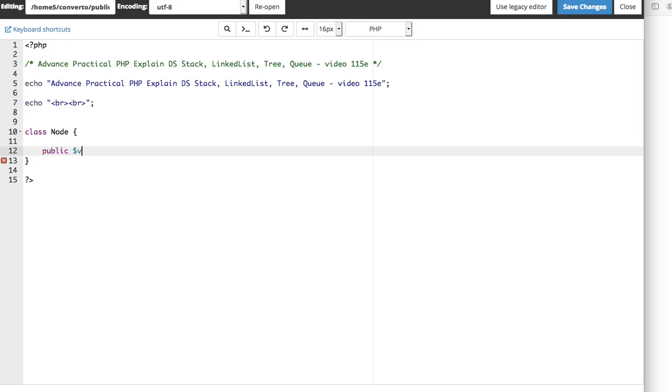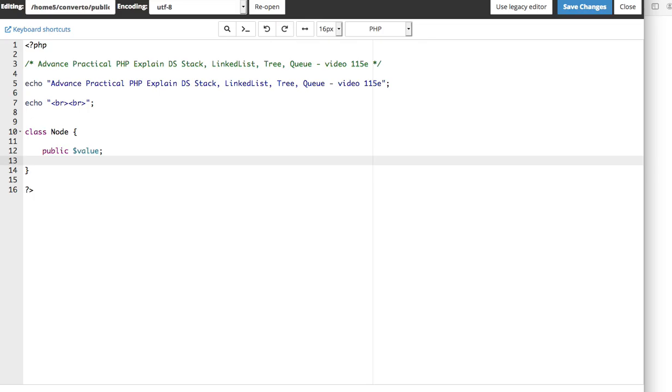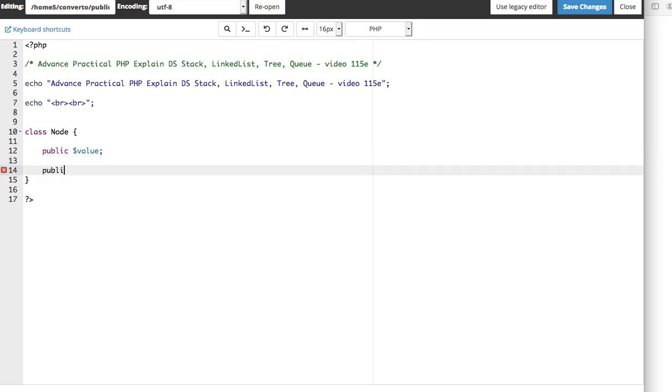Remember when you're doing a tree, we'll say public value. Remember how we do it? I wish I had those diagrams. In the future I'm going to have to have some diagrams, so I could just bring them up real quick and show you. Anyway, you've got the main part of the tree. You know how you've got the tree and you've got your left branch and the right branch, and it goes to a different